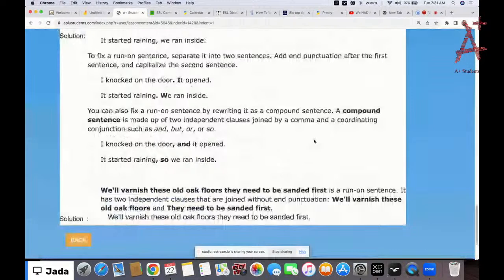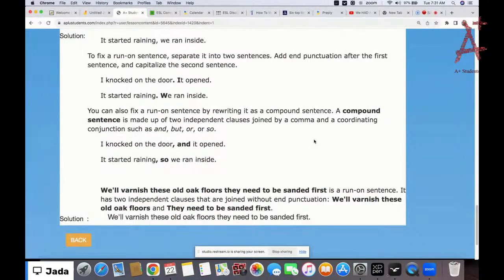So, we will varnish these old oak floors. They need to be sanded first. So it's also a run-on because it's two sentences joined together. They need to be separated, but they are joined together. So that is a run-on. Okay? So that's basically it for run-ons,